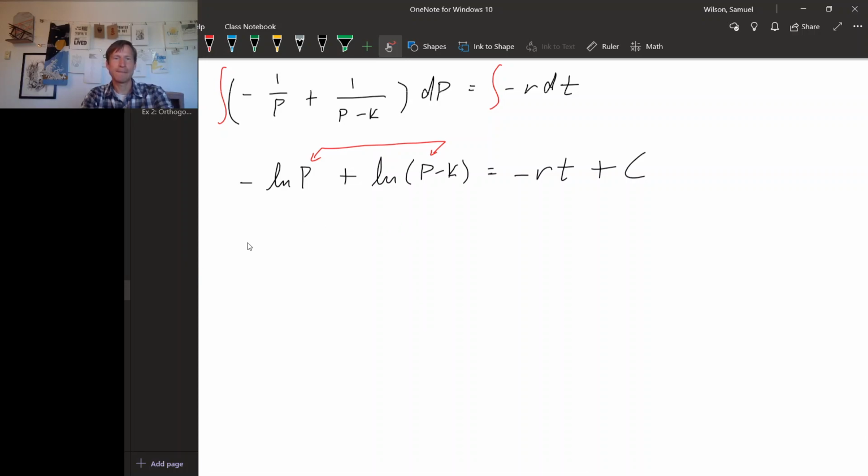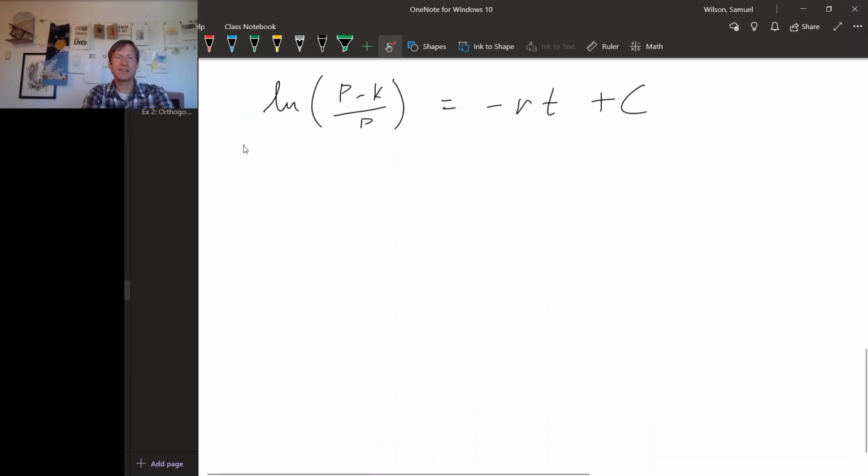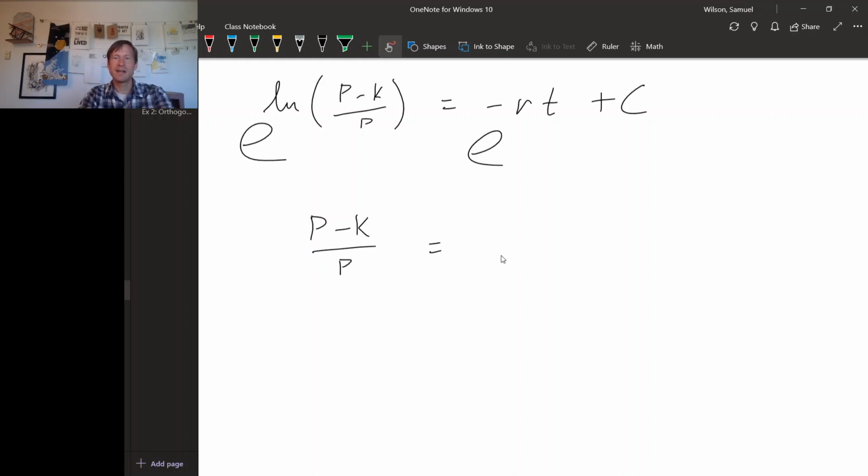So we get natural log of (p minus k) over p equals, on the right-hand side, minus rt plus some constant. Now we can exponentiate. So on the left-hand side, (p minus k) over p. And on the right-hand side, e to the minus rt